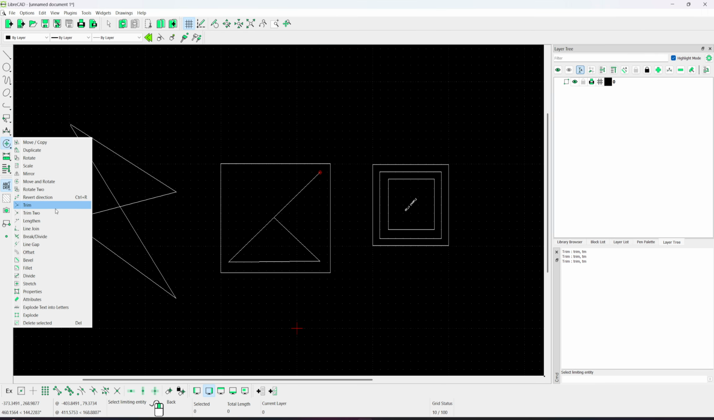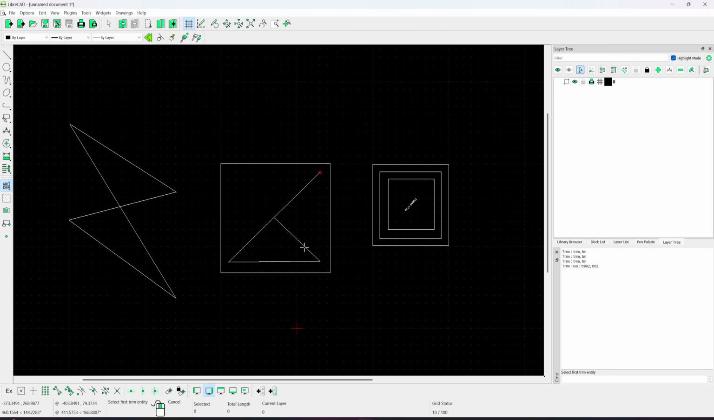Also, I can use trim to. So if I select, for example, this and this one, and we have triangle right over here. So this is how you can trim objects in